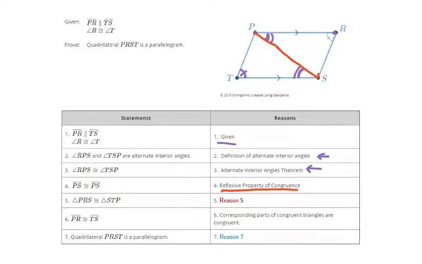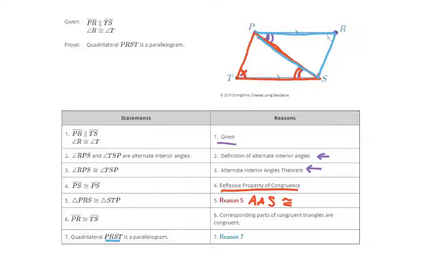So we have an angle and a side on both of them. So this reason 5 would be angle, side congruence. So now we know that this lower triangle is congruent to the upper triangle. And how I know that is by angle, side. But now that we know that, now we can say that